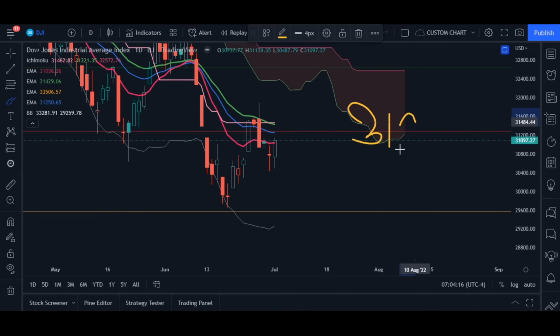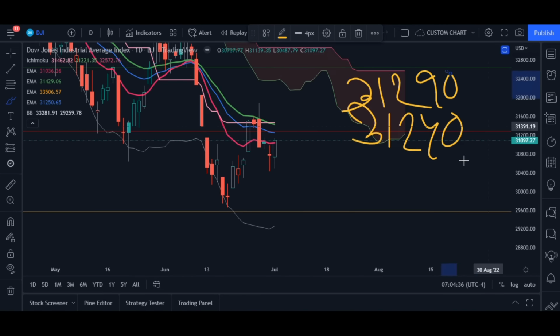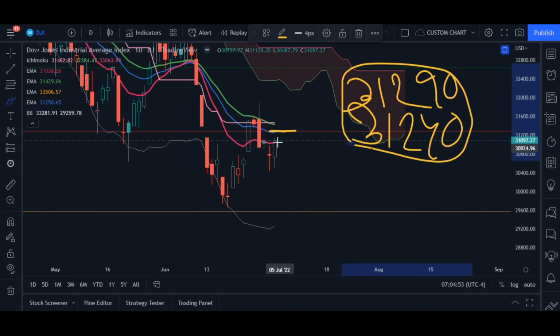So on that day you can say like 31240, and just above the 31240 we have 31290. This means that Dow Jones is going to face a very strong hurdle from 31240 to 31290. And if you see that the Dow is struggling on Tuesday, and not just on Tuesday but on Wednesday, whenever the market tries to move up, if you see that the Dow is struggling